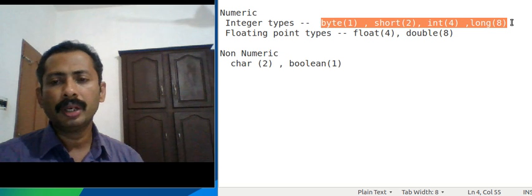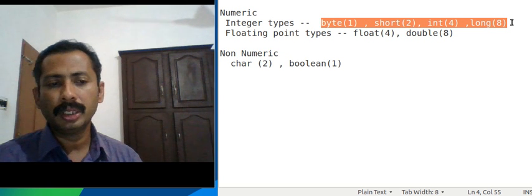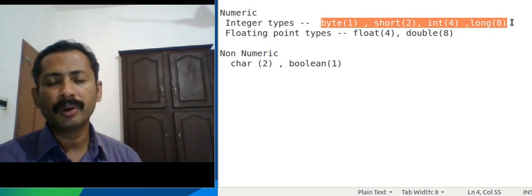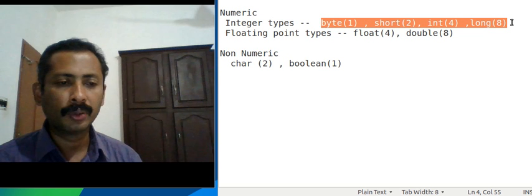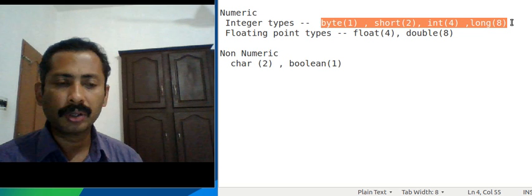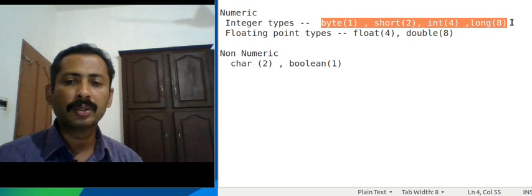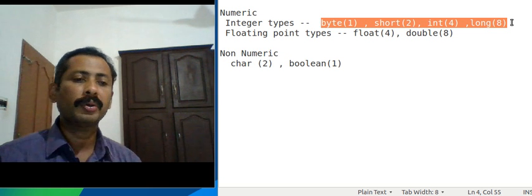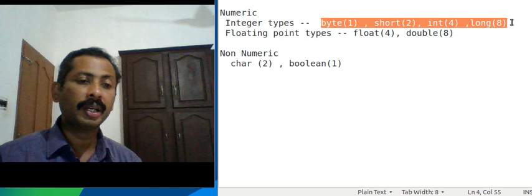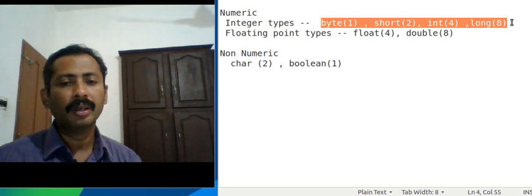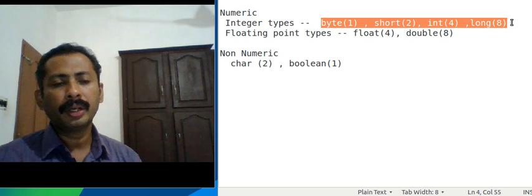And for storing larger numbers we can use integers. So 4 bytes are allotted in Java for integer. And there is a higher type called long also, and this long can store higher values. The long can store higher values because 8 bytes are allotted for that. Okay. And in non-numeric type it